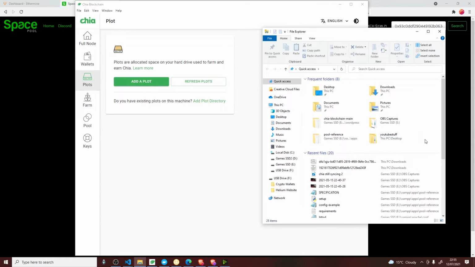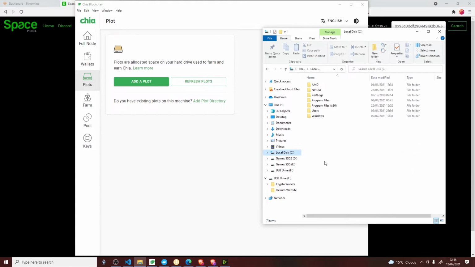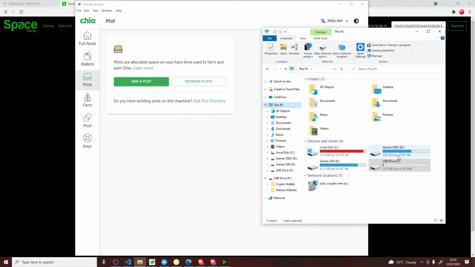Better check my hard drive actually, to see how much space I've got, because I've got this set up on another machine behind me. Have I got room to put this on any of these? Right, it has to be this one.